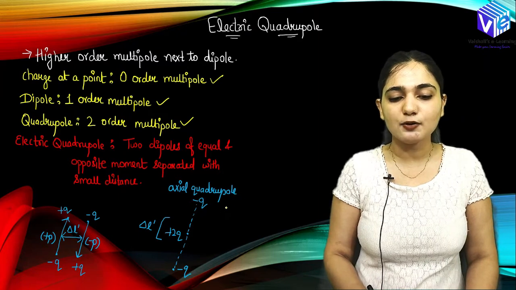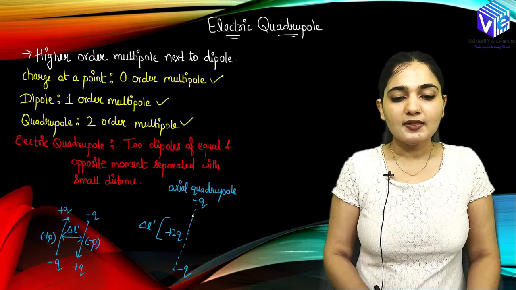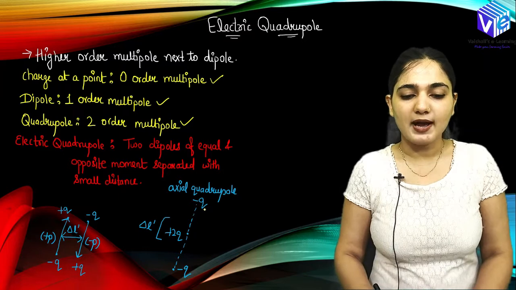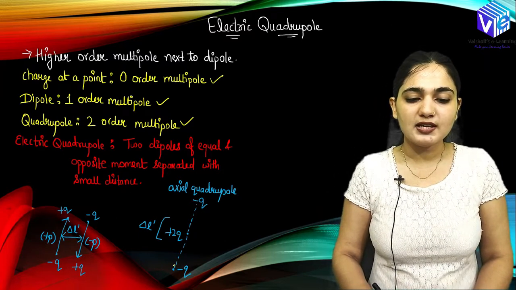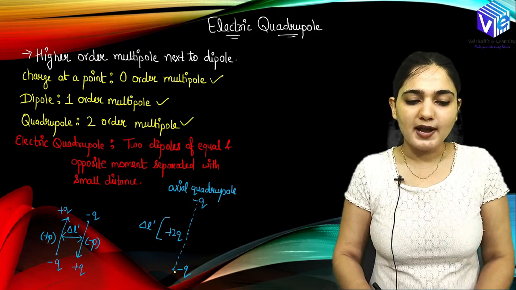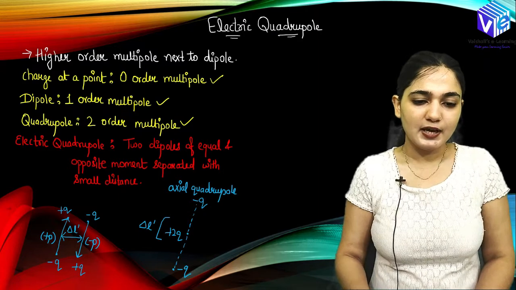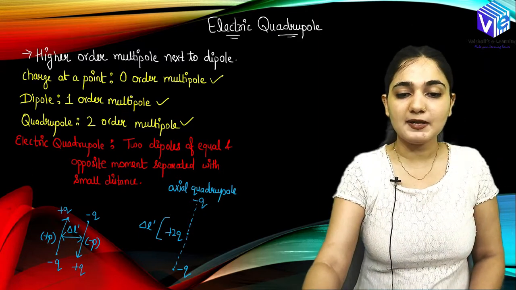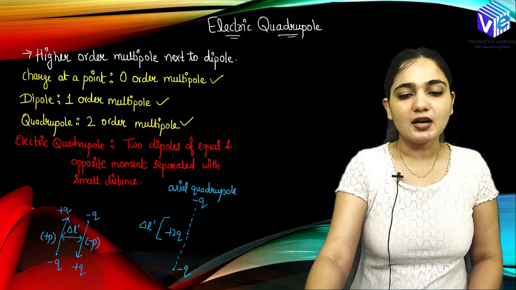Then we have axial quadrupoles as well. Right? Here at the center I can put a charge which has the value 2q. Now at a small distance I can put minus q, and at a small distance on the other side I can put minus q. So these can be treated as dipoles: minus q, q, and q, minus q can be represented as separate dipoles, and both have opposite moments, right? So this is how I can represent the electric quadrupole. I hope you understood basically what a quadrupole is.